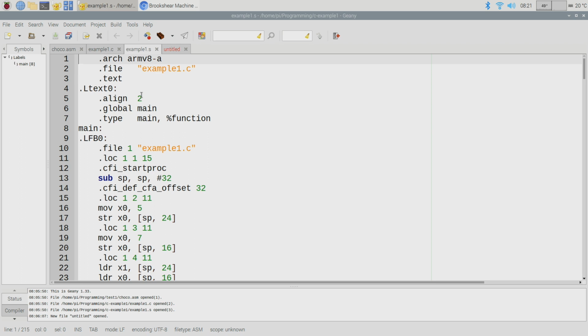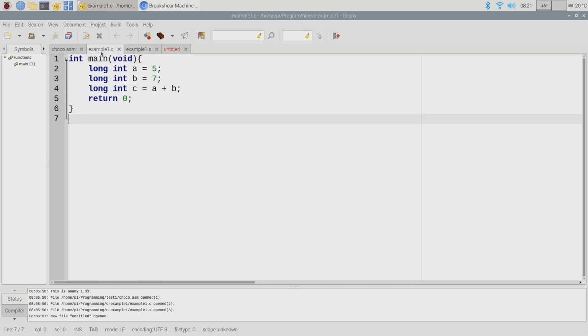Well, maybe I would go through and say, all right, I've got this little program here. I'm going to manually write that in assembly myself. And then I'm going to have two versions of it, the version I wrote and the version the machine wrote. And by using different file extensions, I won't accidentally overwrite one of them with the other. Okay, so yeah, that's the only distinction there. Like I said, there's nothing special about the two file extensions, but this way we can keep straight what's machine produced versus what's human produced.